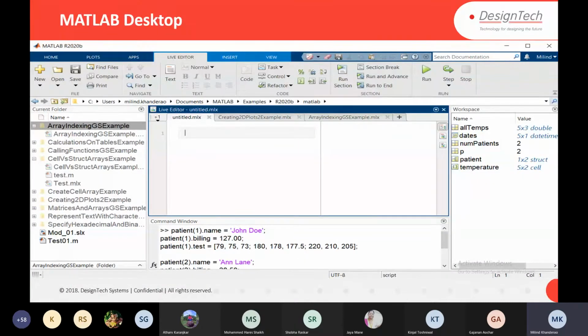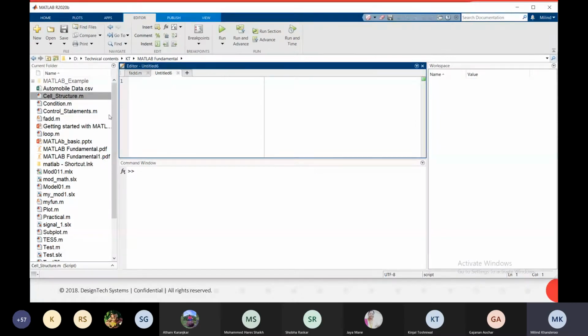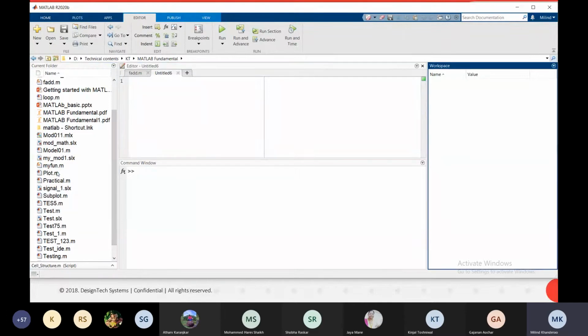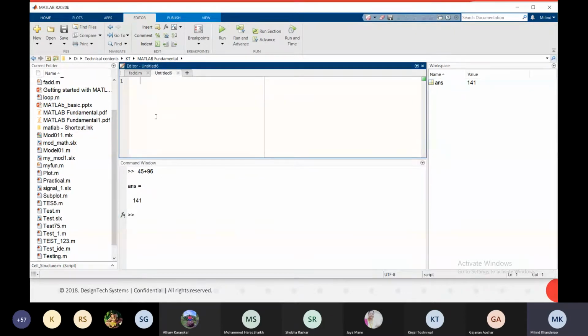So as I told you, this is the MATLAB desktop. This is the current directory or current path. The editor or debugger, here we write the program. The command window and the workspace browser. So MATLAB has the current path, command window, the editor, and workspace. I can even pass the values from here also. Here you can write any number of lines of code, let's say 10 lines, 100 lines, as you program.